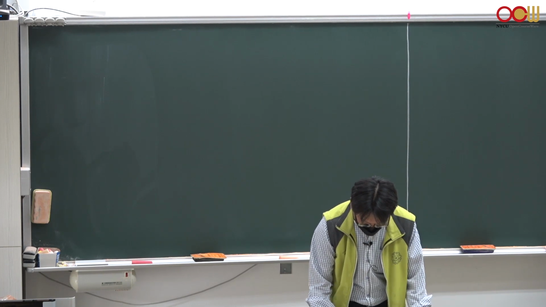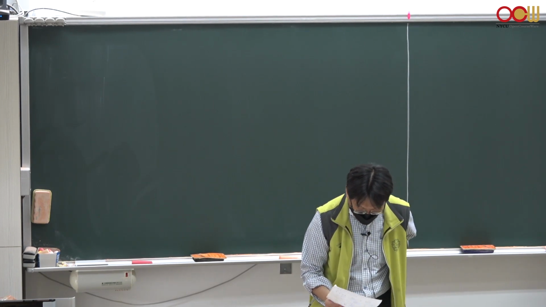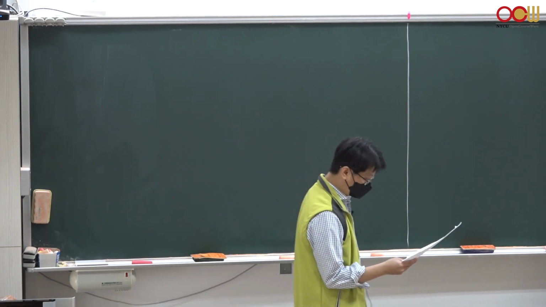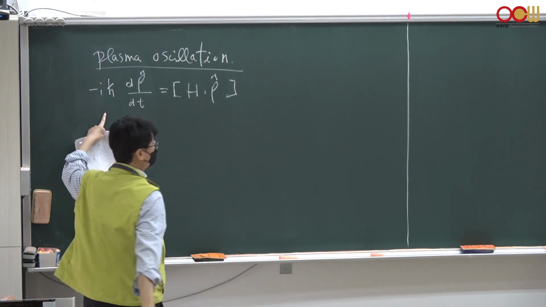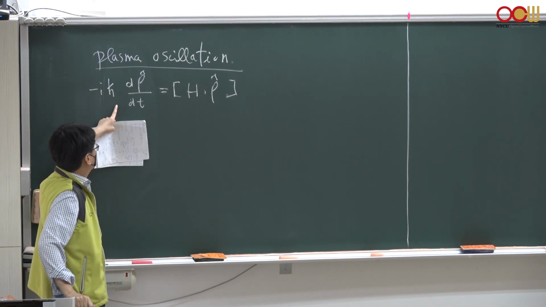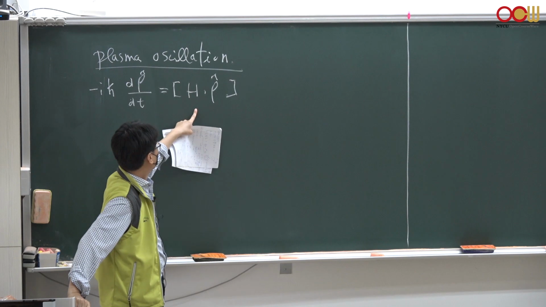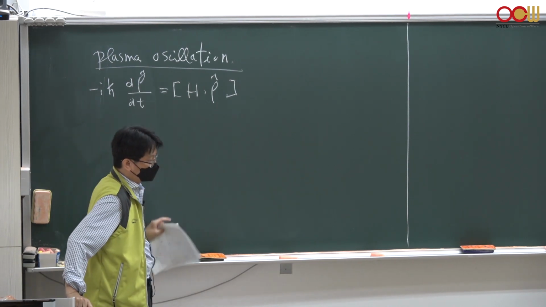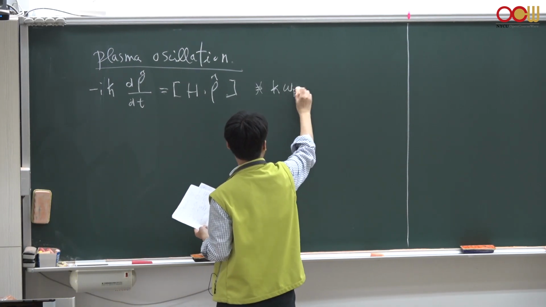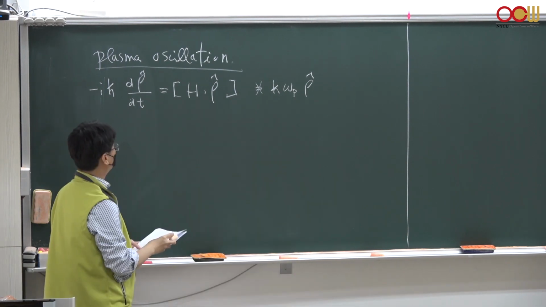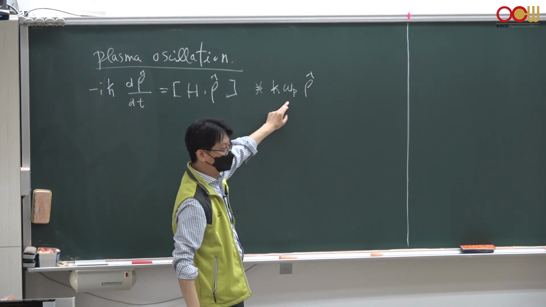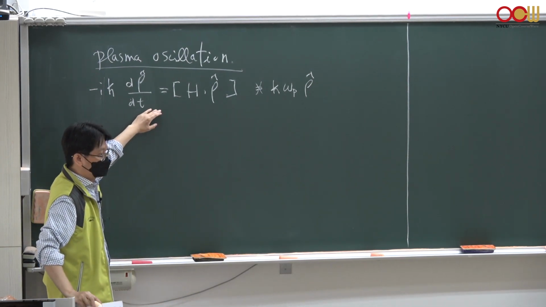So let's try to get this plasma oscillation frequency by evaluating this double commutator and the second time derivative of this density operator. Last time we tried to evaluate the first time derivative of the density operator, the single commutator between the Hamiltonian and the density operator, and we cannot get this simple form, but this is what we want. We would like to get this plasma oscillation frequency, but from the first time derivative of this density operator,